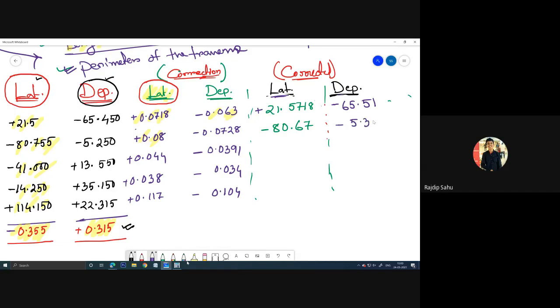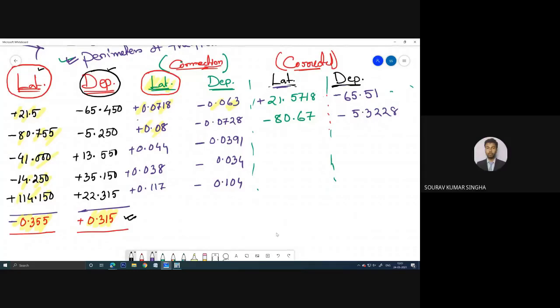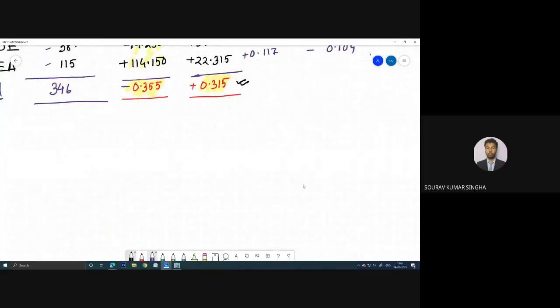-5.3228. Exactly, 100%. So I think the rest of the part all of you can determine. Tauhid, Vedantika and others, you can determine the values? Yes, sir. Each and everyone. Okay, so I think we can move on to the next. Any doubt? Okay. Now let me tell you the transit rule, and then we'll move on to the next numerical,